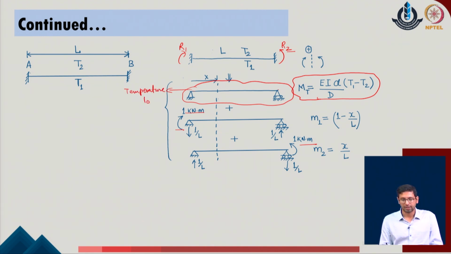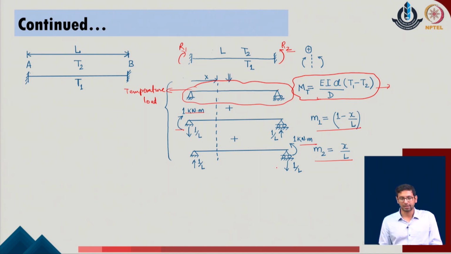So, the loading criteria with which we wanted to evaluate the displacements in the directions of the redundants can now be compensated by this given system, which will give us the temperature distribution and, corresponding to it, the displacement in the direction of redundant 1 and redundant 2 due to this temperature field. Now, as we have described the moment distribution due to it, we can also describe the moment distribution due to the first redundant system and the moment distribution due to the second redundant system.